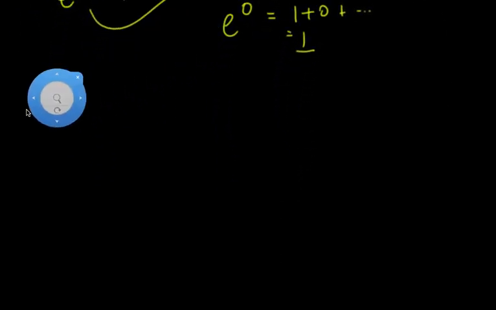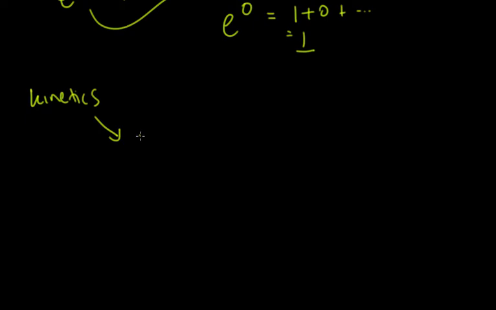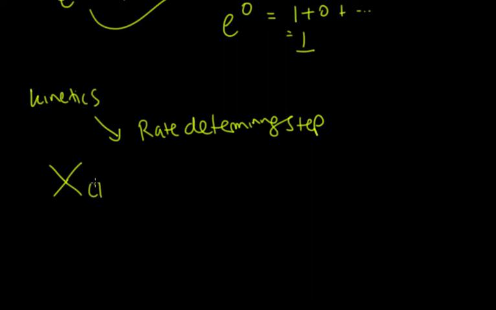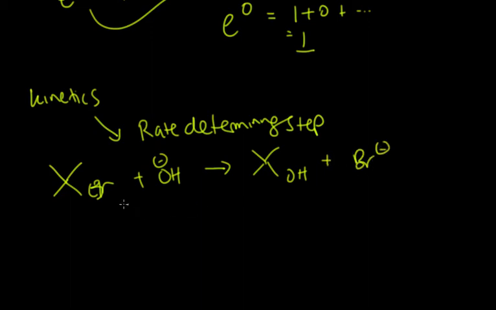But when I was doing chemistry, we used to cover kinetics. And one of the things that we covered in kinetics was a rate determining step. The rate determining step didn't really make much sense to me. It's all well and good telling me that the hydrolysis of this reaction, and I should change it to a bromine rather than a chlorine, because bromine's a better leaving group, which obviously produces an alcohol,